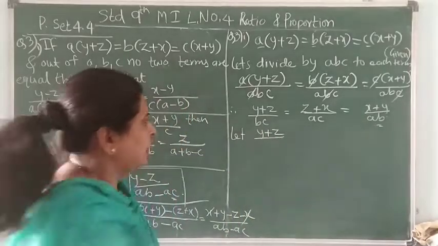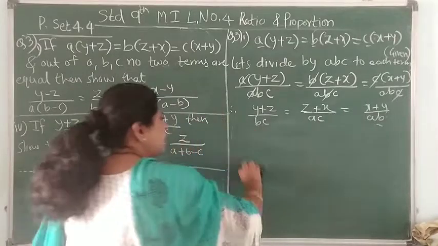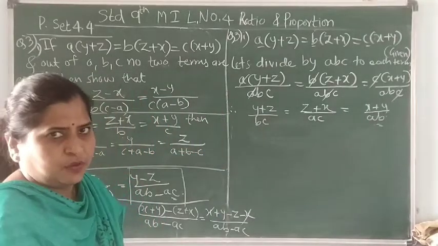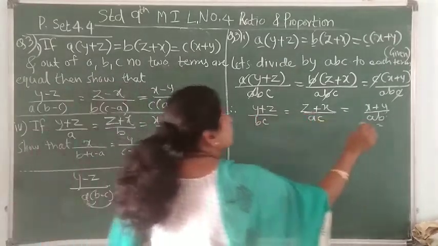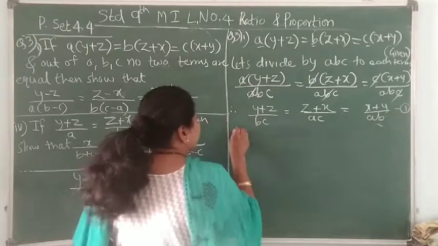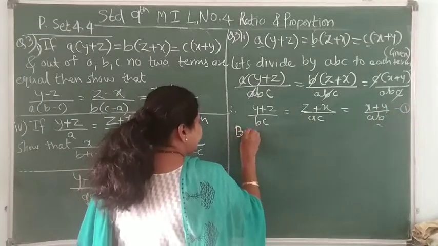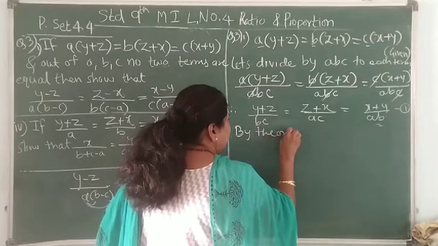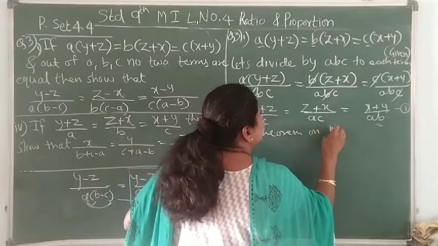We can use the theorem directly on this. We already have these three ratios, and we do not want to show each ratio is equal to some number k. So all these three ratios are equal. Okay, so by the theorem on equal ratios